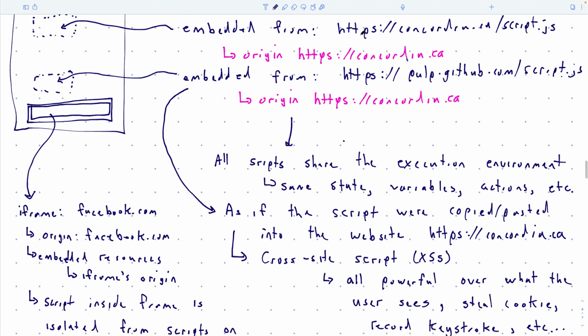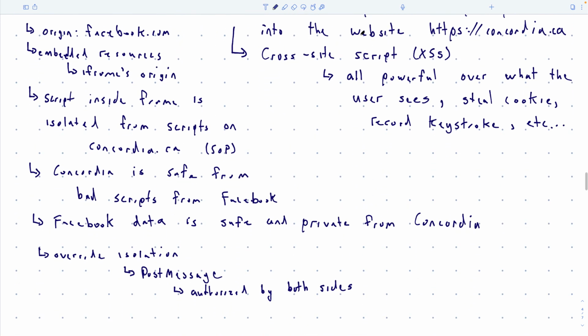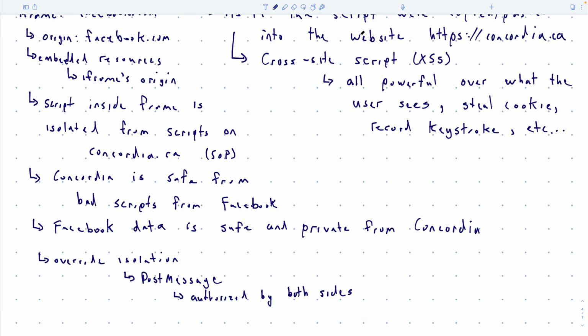So there's this postMessage protocol that you can use, but both sides have to authorize it. Okay, so it's not enough for just one of them. Both of them have to say, okay, we're willing. They basically both point at each other as authorized domains for receiving messages. And then there's some limitations to what you can do with postMessage. But anyways, you can get two websites talking to each other if you want to, and if both of them agree to it.